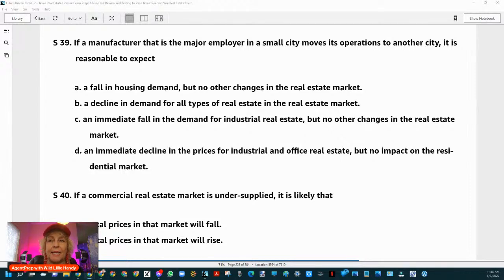What impact does that have on a small town? Type your answer in the chat. Okay, I have A, C,